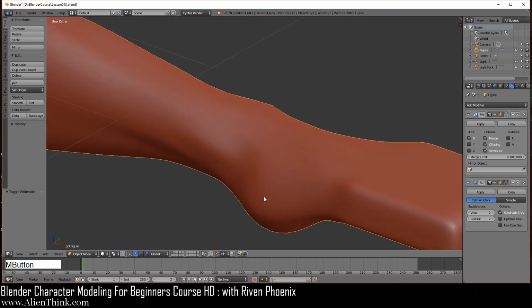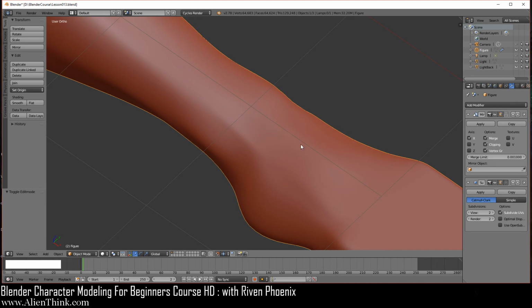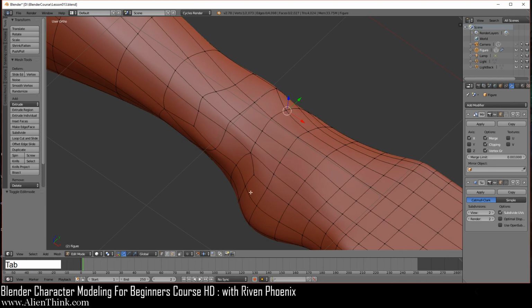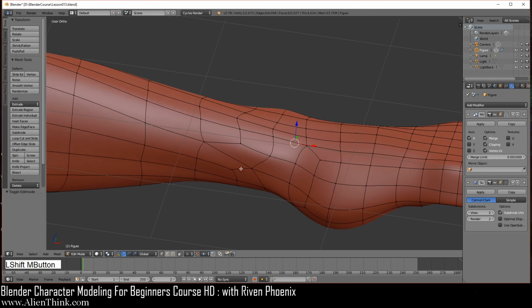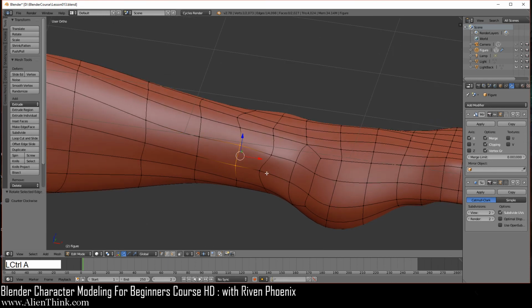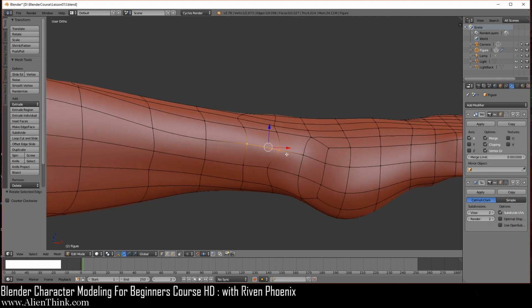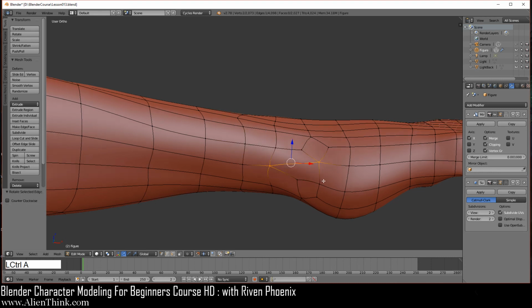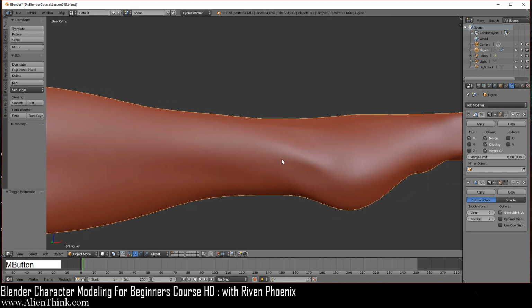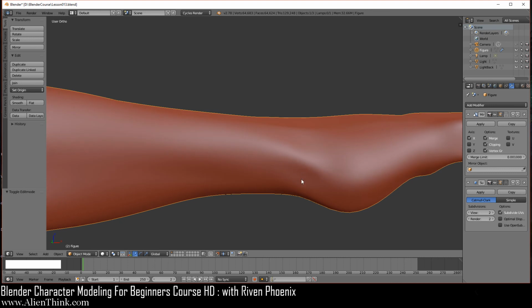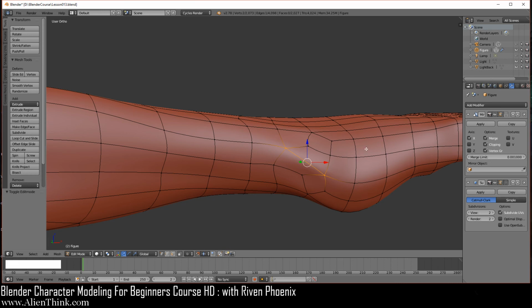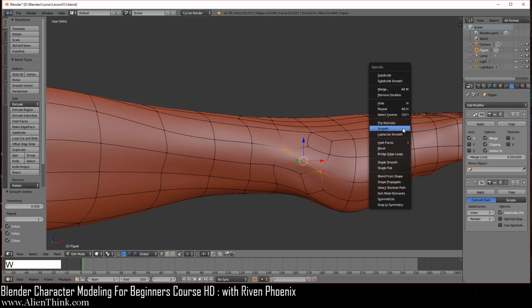Anyways, what we're going to do now is remove some of these artifacts that happen when you add the edge loop. So I'm just going to do Tab. First, we're going to take a look at this. This is something that we had turned when we were creating the arm. So now we can simply put it back to the way it was. Now select on this and do W smooth to smooth this out. Click on this, do Control A 1, 2. Now if you do Tab, the reason we're doing this is because you're going to get a little tangent over here when you have the thumb coming out. So this is why this is here. So we're going to do Edit Mode, W smooth, 1, 2, 3.